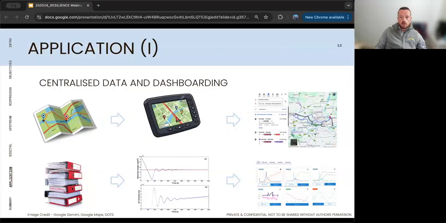So in order to help illustrate these concepts, we've prepared a series of analogies which are intended to help relate the current position of digitization in upstream processing to ideas or technologies that you'll already be familiar with. So firstly, if we think about centralized data and dashboarding, we can draw a parallel to how navigation has developed